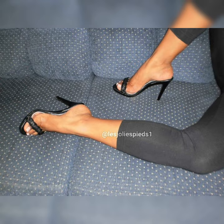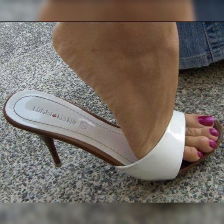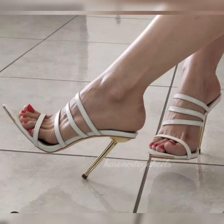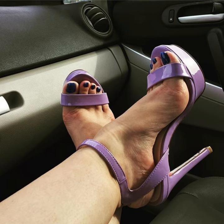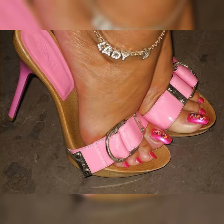Stiletto high heel mules are the ultimate symbol of bold fashion and fierce femininity. With their signature backless silhouette and razor-sharp heels, they effortlessly bring drama and elegance to any outfit. Whether you're stepping into a cocktail party, a business event, or a casual dinner date, these heels command attention and